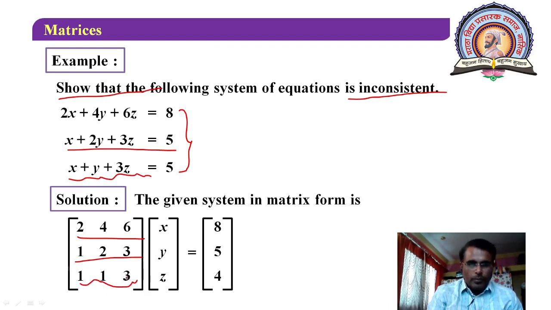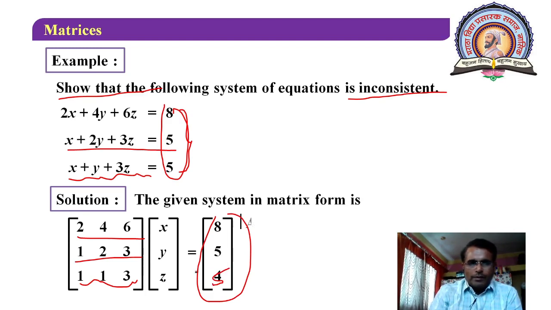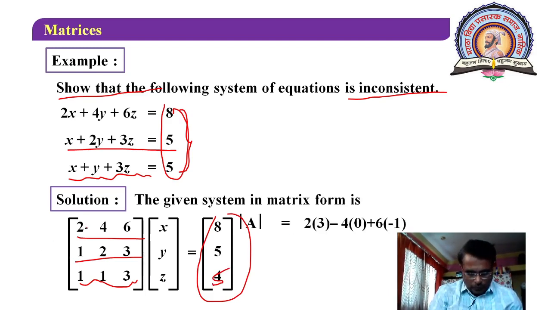Is that clear? And the right hand side constants are 8, 5, 5, they are appearing here. Sorry, it should be 5 here. Now we have to consider its determinant. So if you consider the determinant, then you will observe that determinant A is equal to, we have to consider